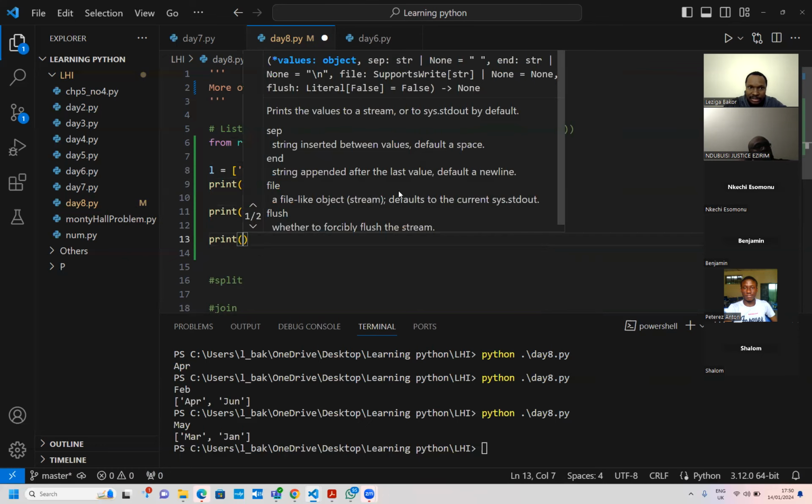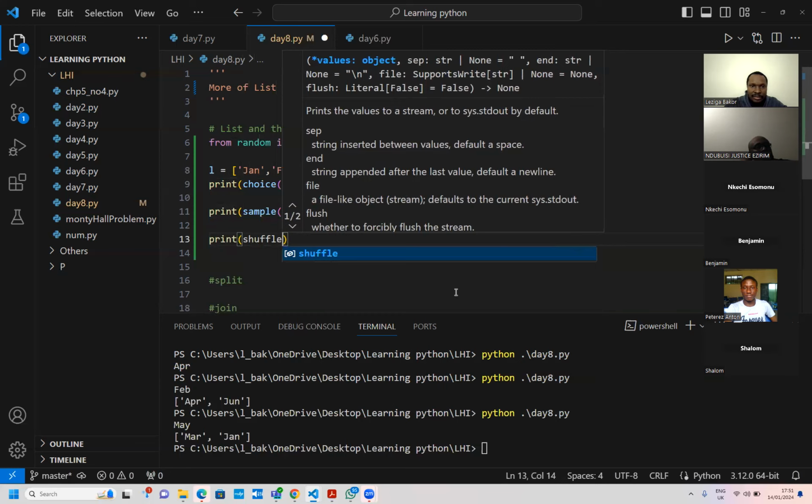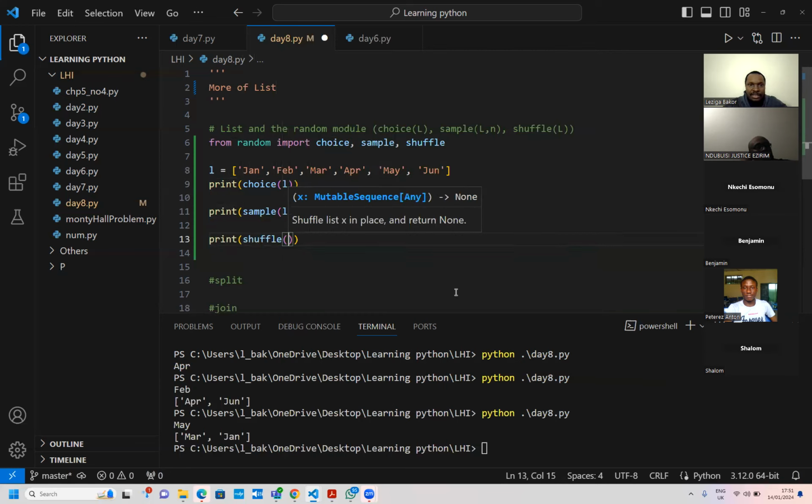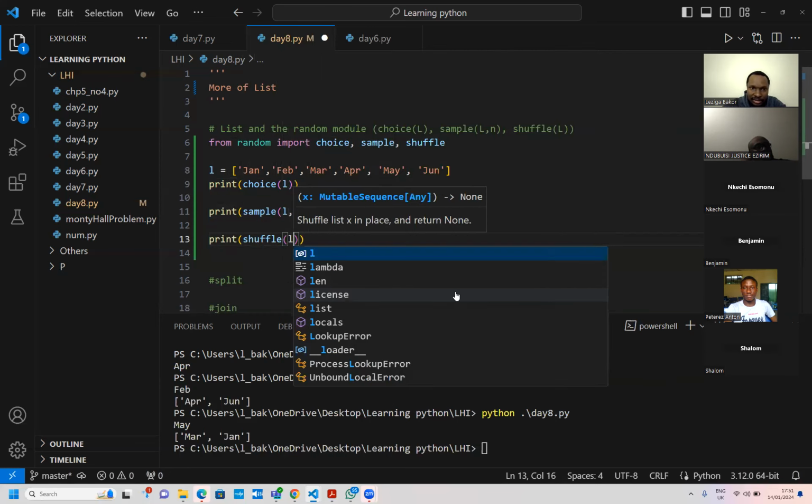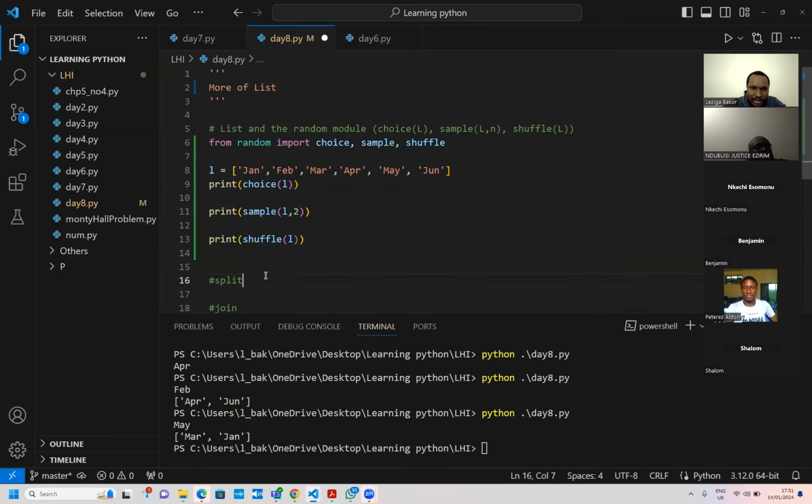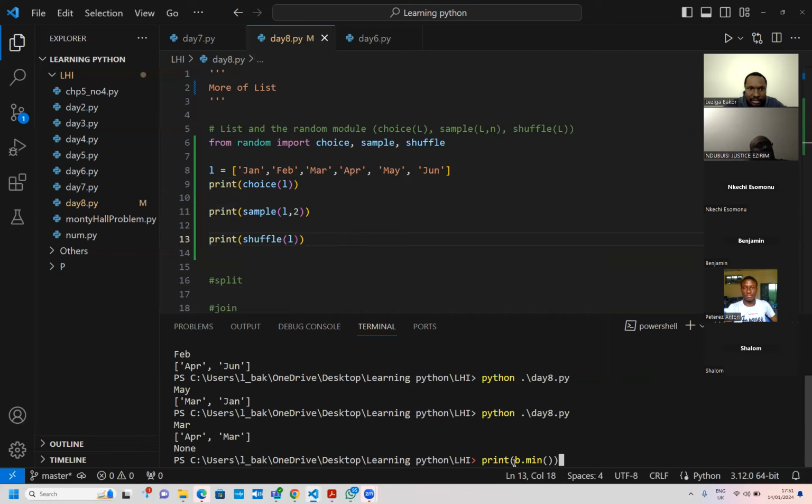Yes. Which means the moment I shuffle the list, it has changed the content of the list. If I go ahead and print L again, it will no longer have the